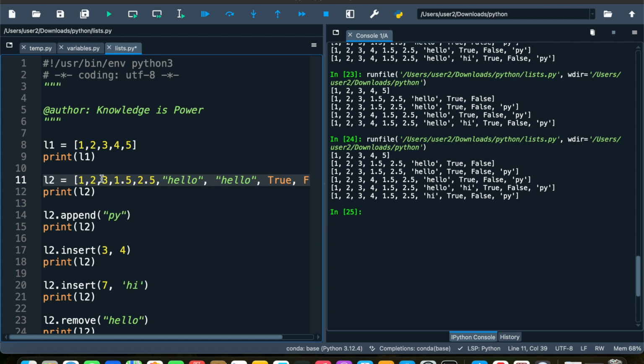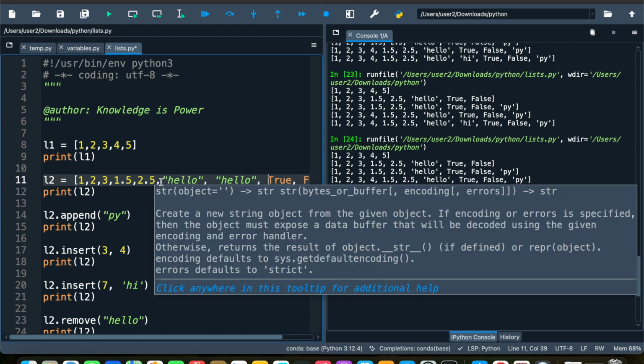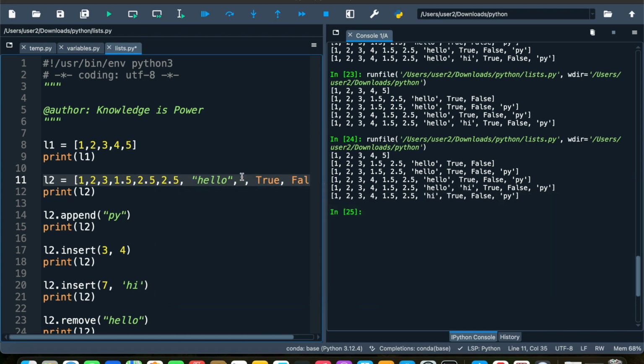So we can have 1, 2, for example, this list can be a list of marks of students. And it can happen that multiple students may get the same marks for a question or in a subject. We are allowed to have repeating elements in the list. I can actually now try to do